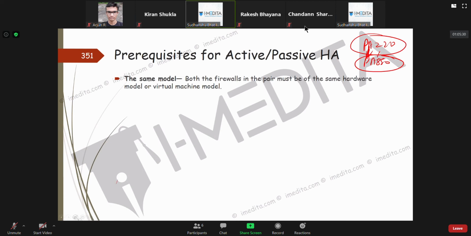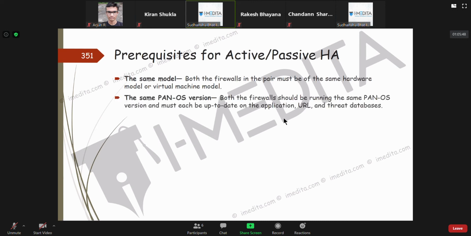No, that doesn't work. Same model, and it doesn't make sense if you don't keep the same capability, right? Because then how would the failover work properly? The PAN-OS version should be the same as well.